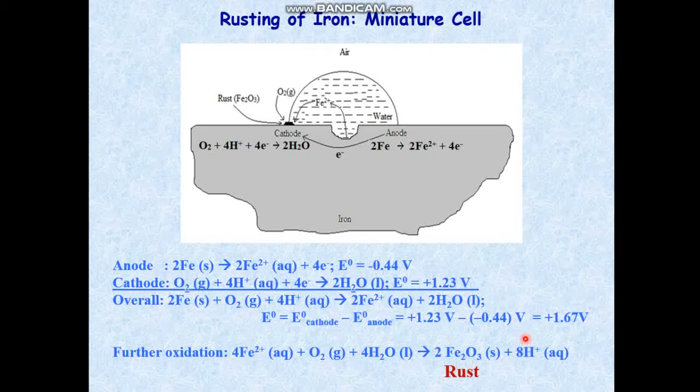Now you find 8 protons are produced here. This is very important. These protons are further being utilized in this reaction. Primarily, the protons are available either from decomposition of water or from dissociation of carbonic acid due to dissolution of carbon dioxide. But secondarily, when the reaction has initiated, protons automatically come from this secondary reaction, and this way the deficiency of protons is no more present in this process.